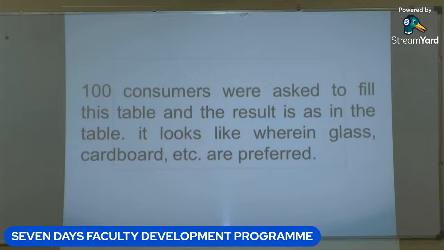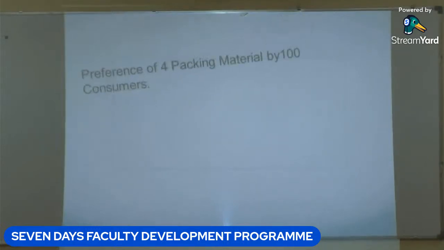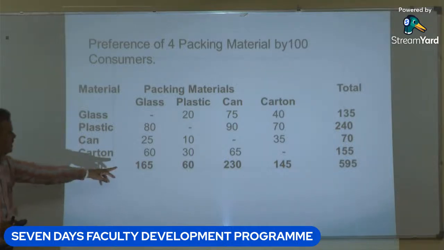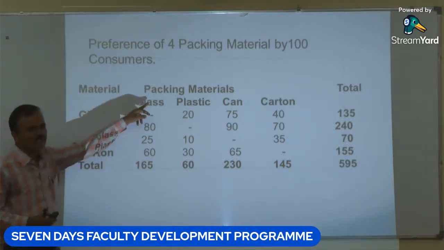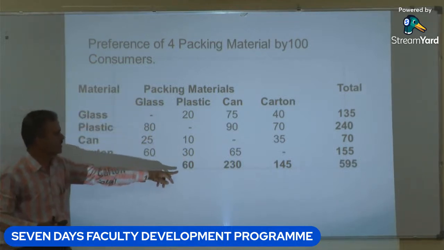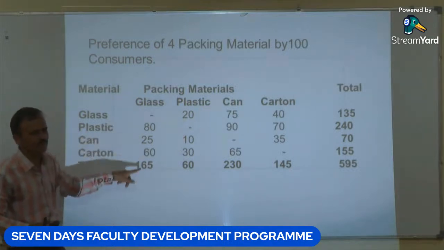That is a question related to the opinions of those consumers about those materials, such as glass, plastic, carton and so on. The table here shows 100. So this represents packing materials, 165 preferring glass. Here it is a sum, which means some